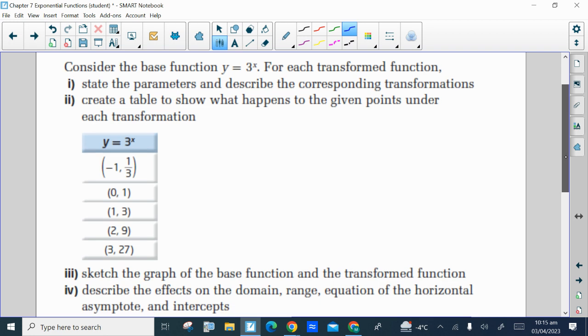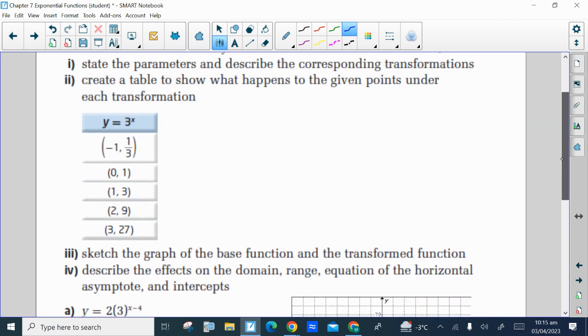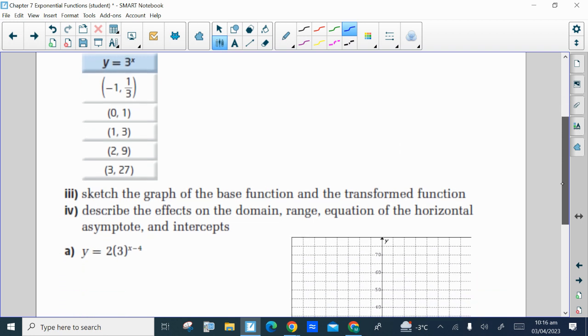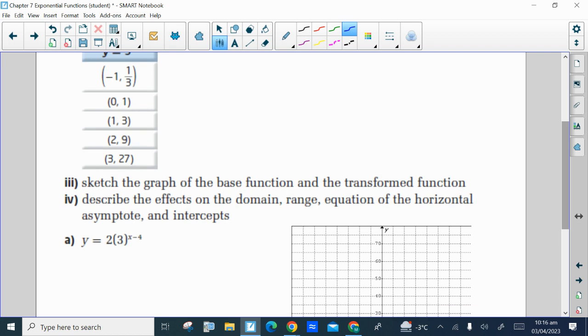So if we have the base function 3 to the x, for each transformed function, we'll state the parameters, describe the corresponding transformations, and then we'll create a table of values to show what happens to the given points under each transformation, and then we'll sketch a graph. Well, we'll start with our base graph, y equals 3 to the x. So you can see we've got our table of values there for that